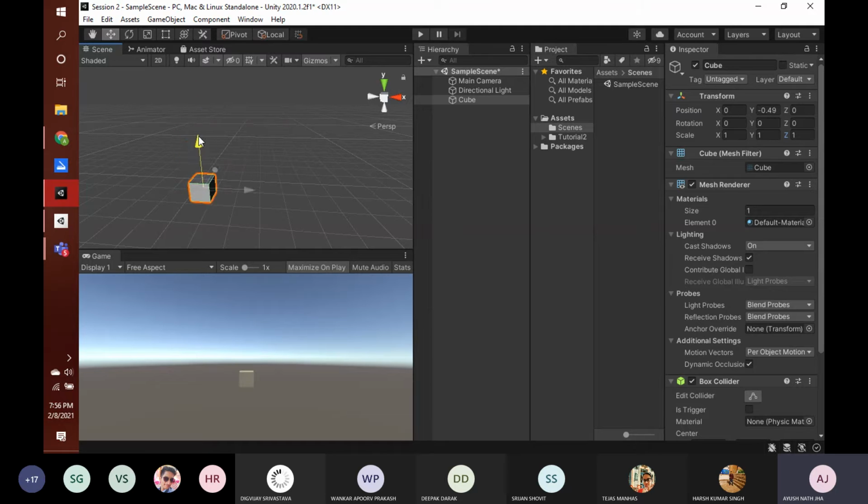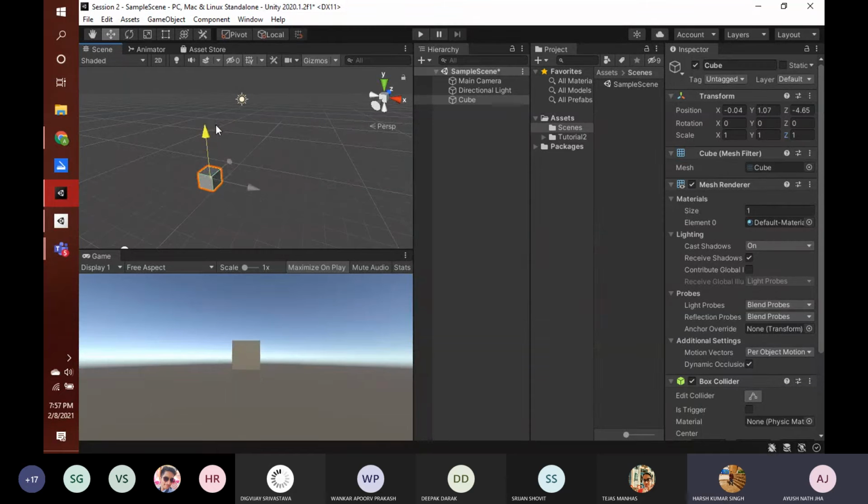This one corresponds to the y-axis, the red one to the x-axis, and the blue one to the z-axis. If I bring it closer to the camera, you can see in the game view that as the cube comes nearer to the camera, its size is getting bigger.